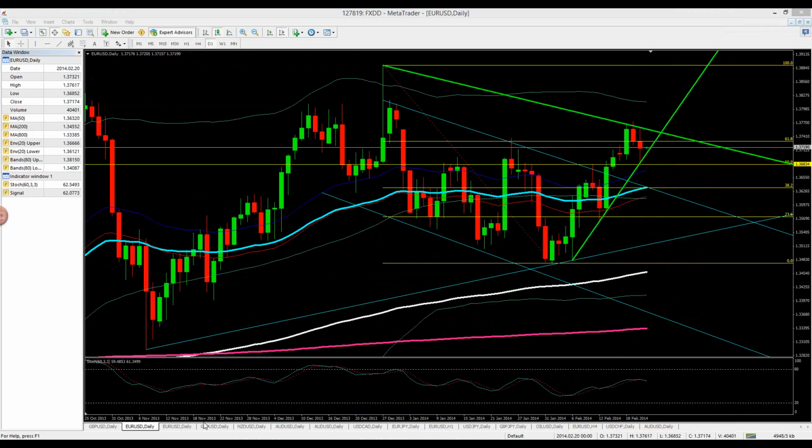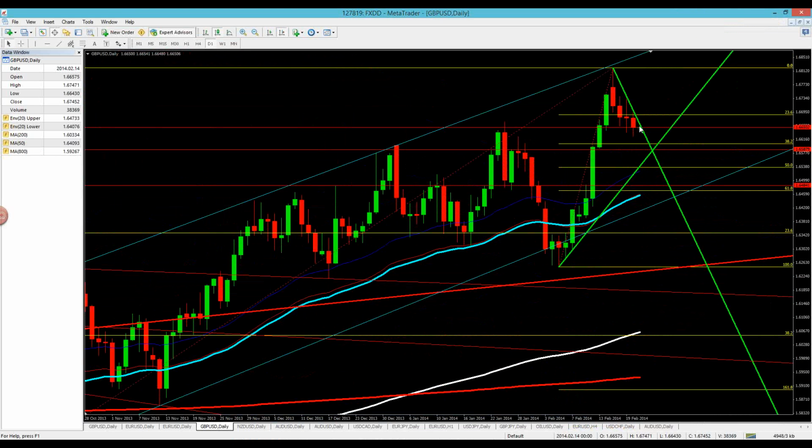Pound dollar, I'm going to dare say the same thing. We have had multiple touches, 1, 2, 3 touches here. If you see an opportunity here, you can take it. I think there's room on the sell side here on the pound dollar. We have stopped repeatedly at this very strong area of support, which is at 166.50. You've got to keep that in mind. We've tested it 3 times so far.